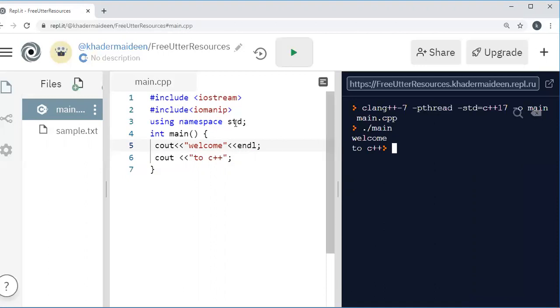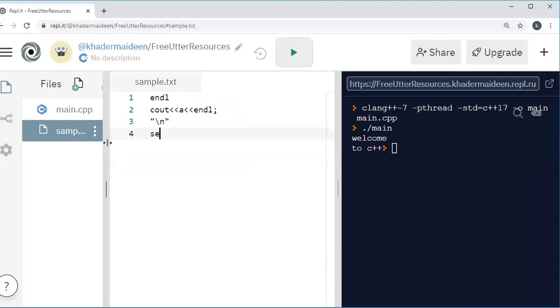Then next manipulator is setw. The setw manipulator is used to specify the minimum number of character positions in the output field a variable will consume. Okay.